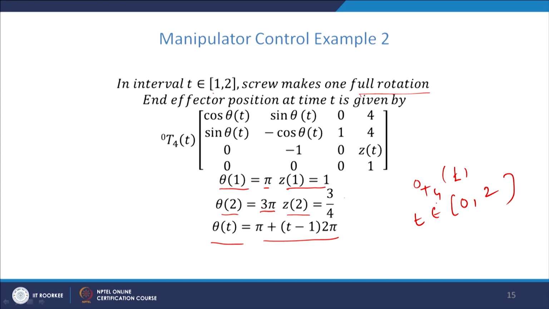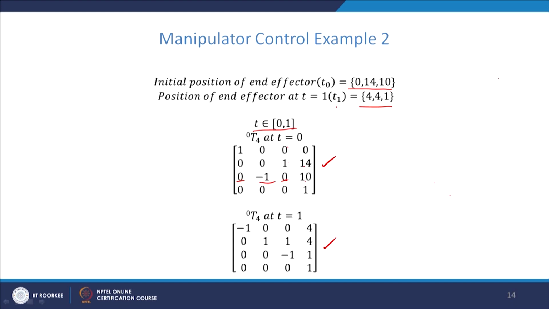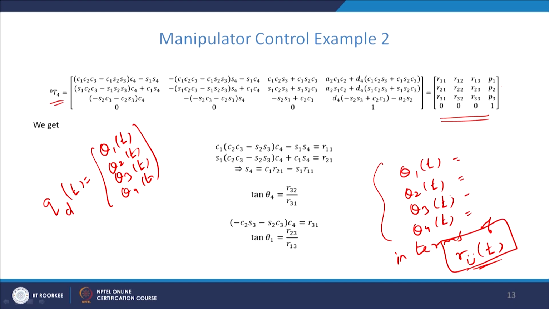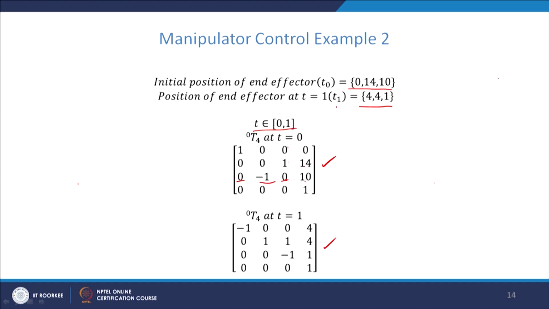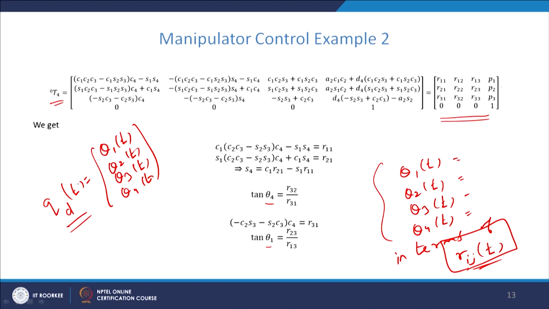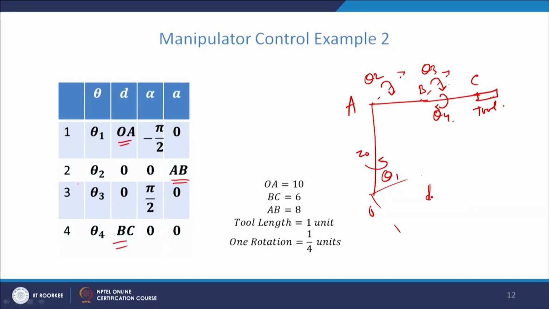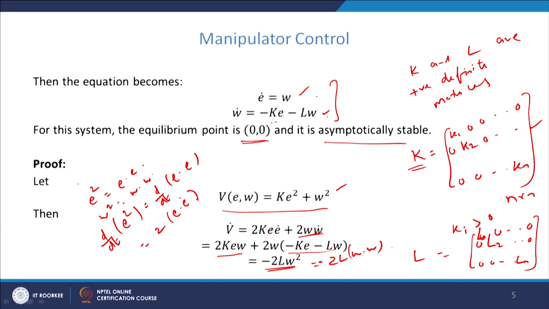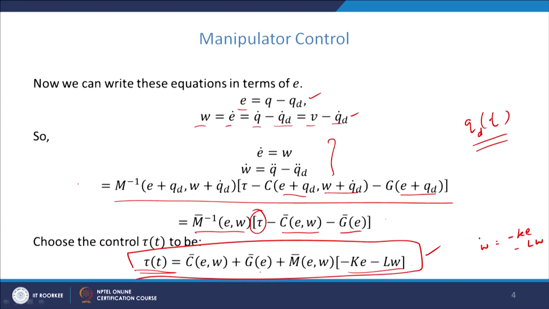For each instant of time we solve the inverse kinematics problem using this formula, various formulas are given. Here theta 4 and theta 1 are solved. Similarly, we can solve for theta 2 and theta 3 using all these values. So, we can obtain q desired as a function of time during the entire interval, and then this gives the control using this procedure. As we have seen for the general robot manipulator how to select the control, this procedure will give the control of the robot manipulator using the desired q value.